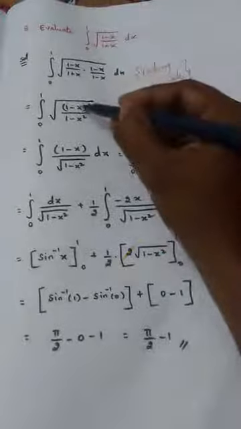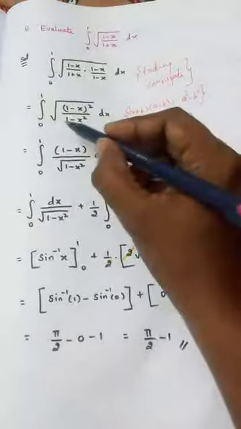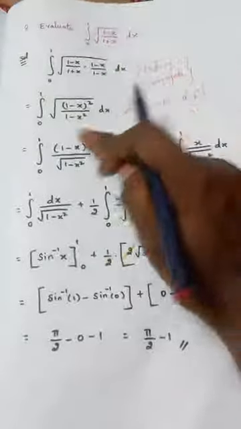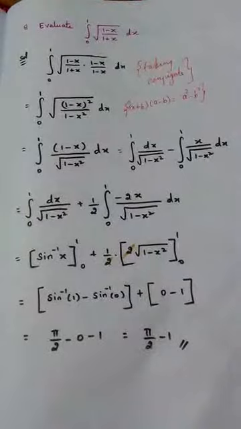Now if you take the numerator, square and square root will get cancelled, so 1 minus x comes. Only the denominator will have the square root, into dx. Now I am going to split this integral into two parts. One is 1 by root of 1 minus x square into dx. Another one is x by root of 1 minus x square into dx. So splitting this into two integrals, first one is this, second one is this. dx will come in both integrals, because in integration, definitely dx should come.